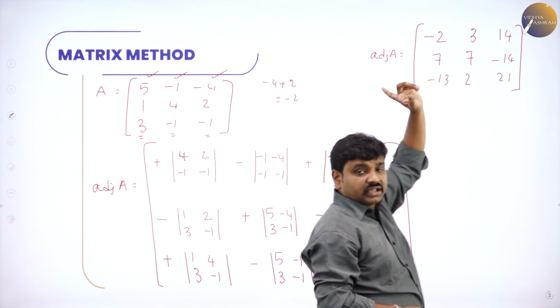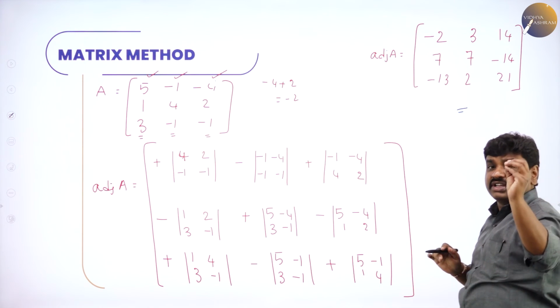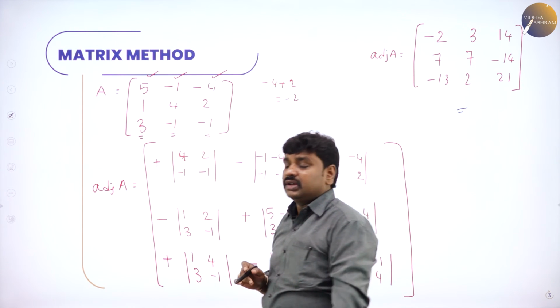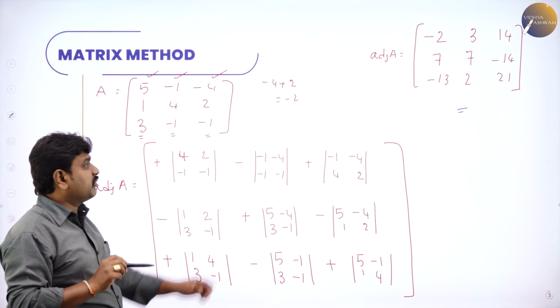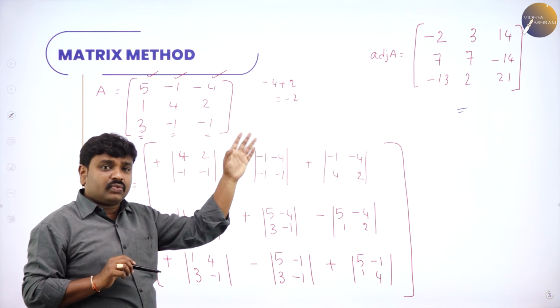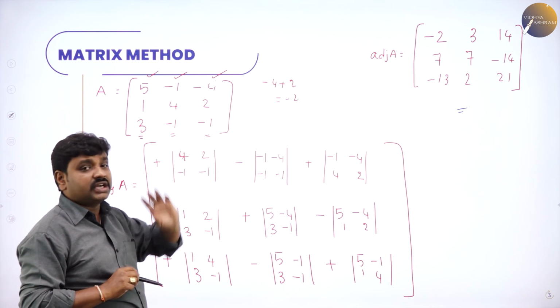After you get the adjoint, please understand, if any one element or sign is wrong, the whole answer will be wrong, so you will not get the variables. Be careful and cautious while solving, because 9 entries are there. In any one entry, if you make a silly mistake, that will be carried forward. So patiently find the adjoint.